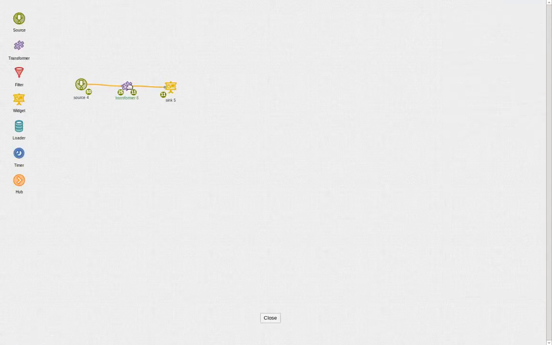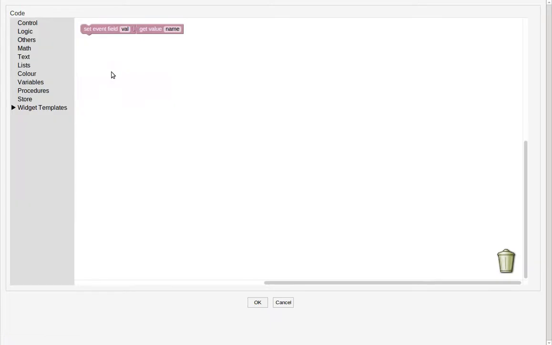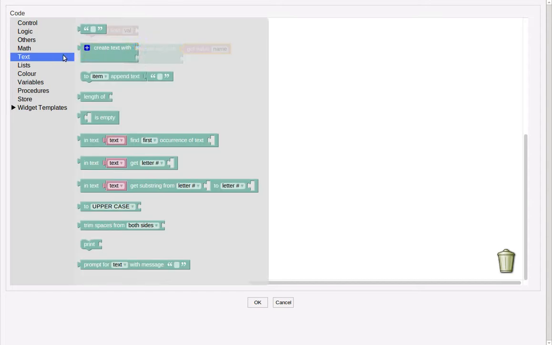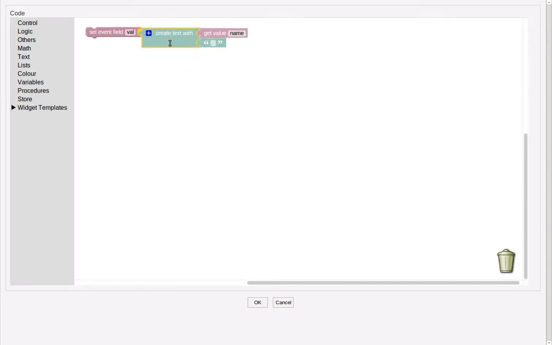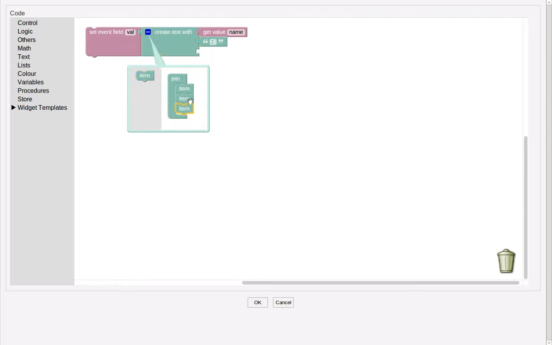Let's make something more interesting. Let's build some text that has another field. So for that we will use the create text with block, and we will concatenate the name, a colon and a space, and we click the add button in this block and add a new item. In this case I will Ctrl+C Ctrl+V this block and put here the value field, which contains a number going